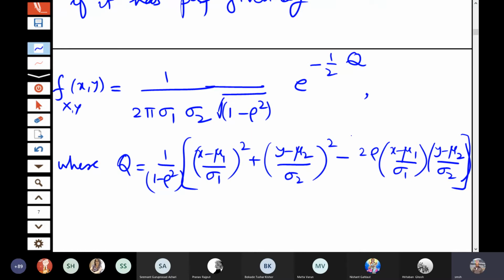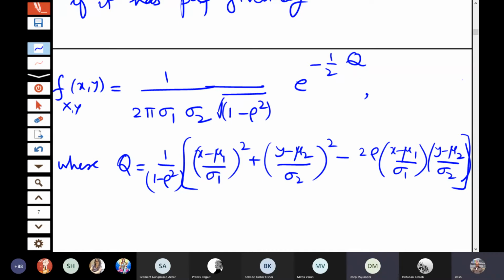But then there is something else also coming which involves a parameter rho. So we will show that actually it is nothing but the correlation coefficient between x and y. Of course, before that we have to obtain the marginal distribution, you have to obtain the conditional distributions and calculate various types of terms. Okay. So first of all, is the form of the distribution clear to you? Can you follow this? Yes, sir.